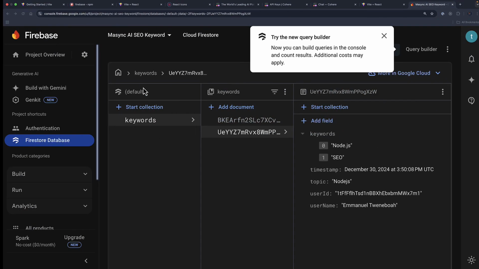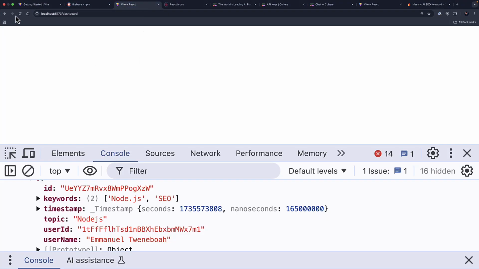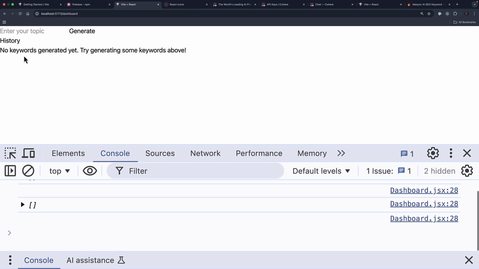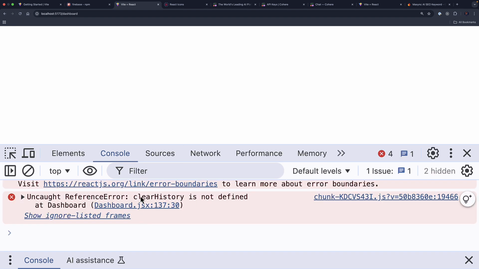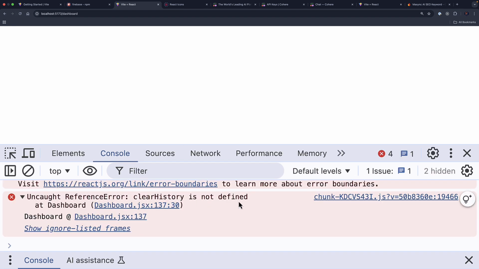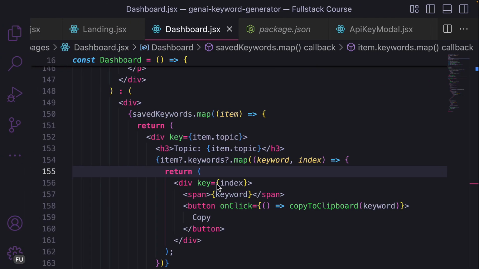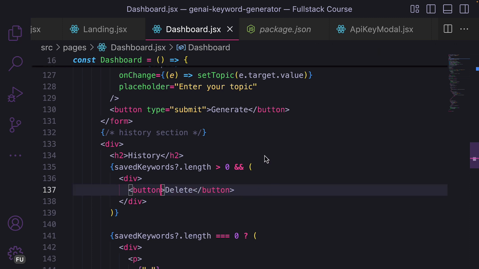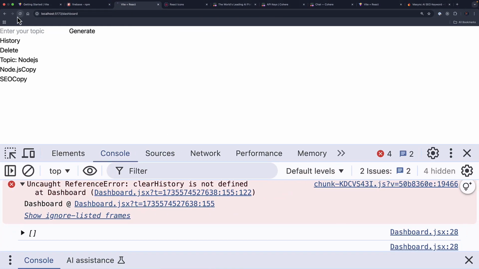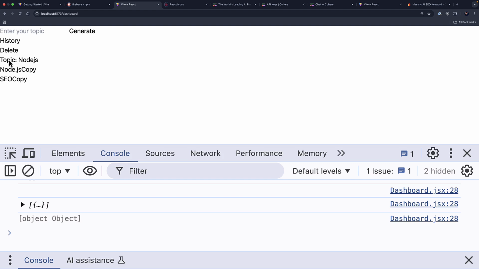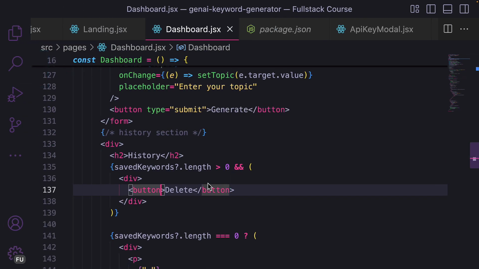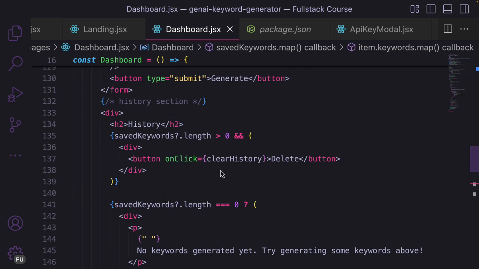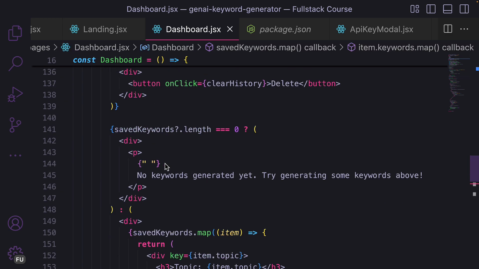Alright, so let's have a look. Reload, and we have an error that says that clearHistory is not defined. So to make sure that it's going to work, let's remove this function, and then we have the data from the database as that. So let me bring back the copyToClipboard, and let's go ahead and implement that